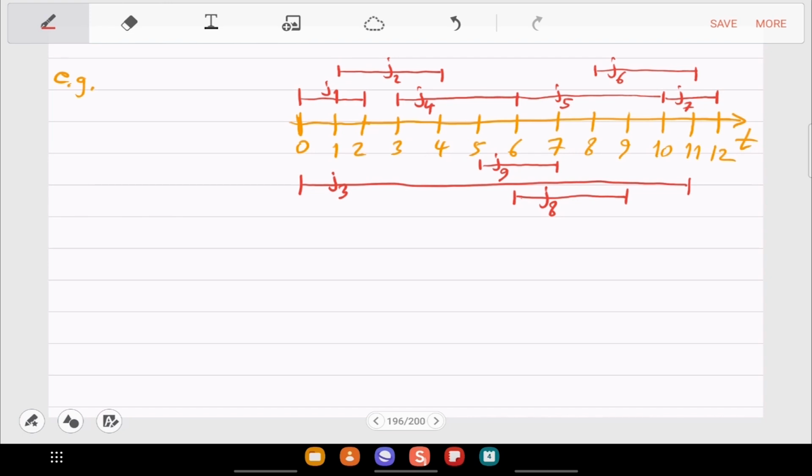Okay, now your job starts. Out of J1 to J9, what is the maximum you can schedule out of these 9? What is the max? Sorry? 4. How do you get 4? J1, then J4, J5 and J6, J5 and J7. Yeah, so which is already drawn there, right? So that line seems to be the best.